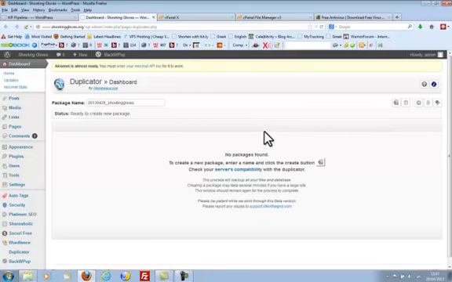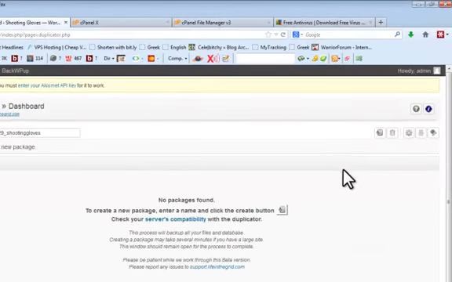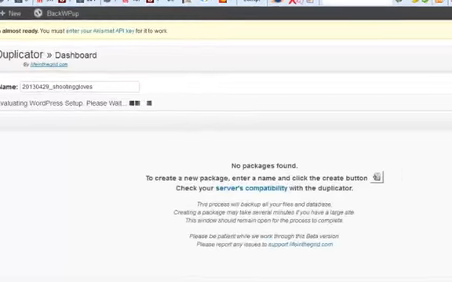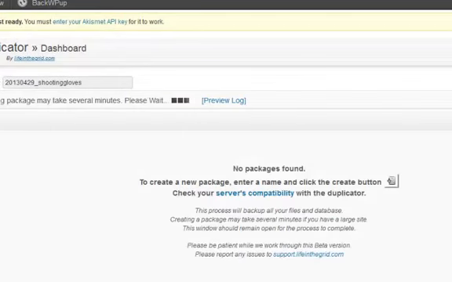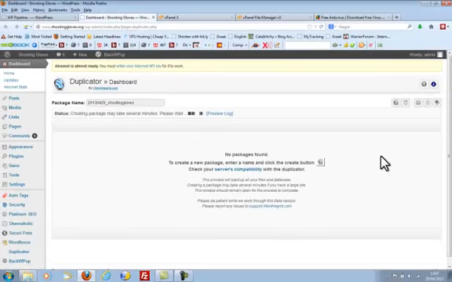So what I can do is a one-click copy of the site and download it, and here it is. If I just click this icon here, it'll go off and create a package set, and basically it'll create a zip file with everything from that site in it. Now it does include the database,